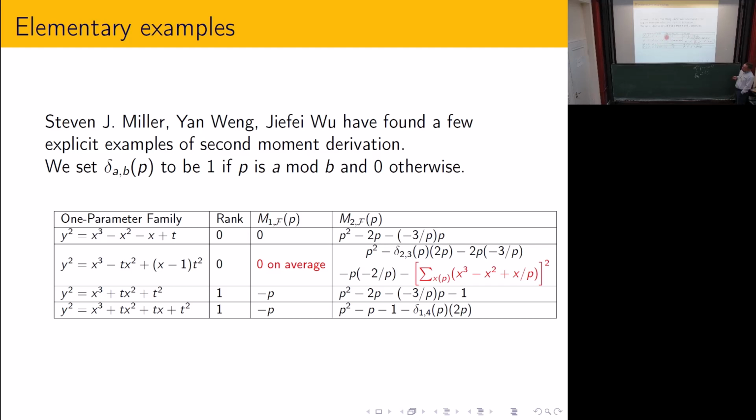This is the rank of the Mordell-Weil group over Q of T. And then, of course, you can compute something about the first moment. These are all rational elliptic surfaces, so that's pretty much a straightforward calculation. But then you immediately get stuck with the second moment unless there is some kind of symmetry happening with the summation so that something cancels out. If it cancels out, then you end up with an explicit formula, but this is what I consider